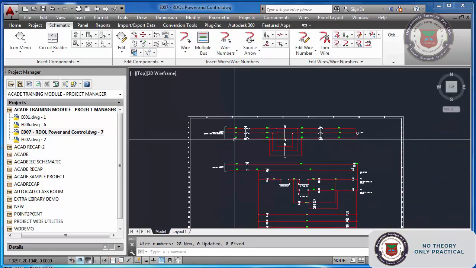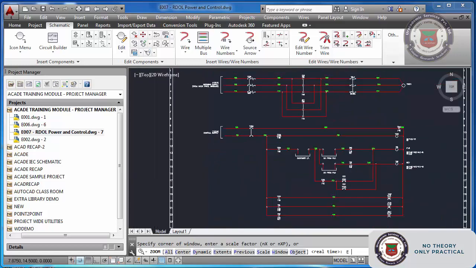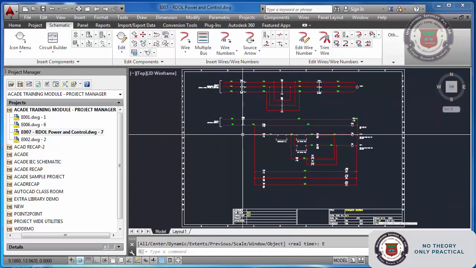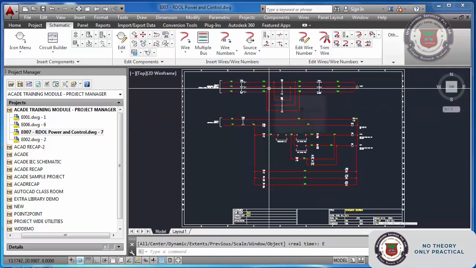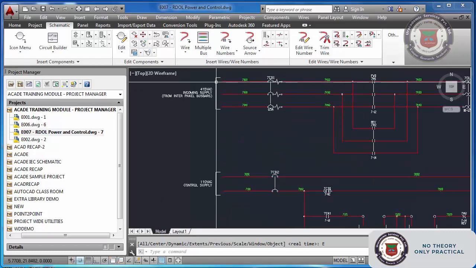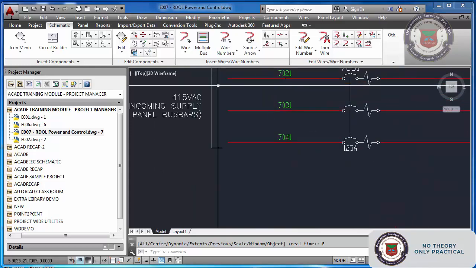Sometimes you may note these types of silly mistakes after creating hundreds of sheets. You don't worry that you have to go to individual sheets and delete all the wire numbers sheet wise. You can delete the wire numbers project wide as well, and you can do the wire numbering project wide as well. So maybe like this simple mistake you won't note it initially. You will repeat save as this drawing and you will create many drawings.